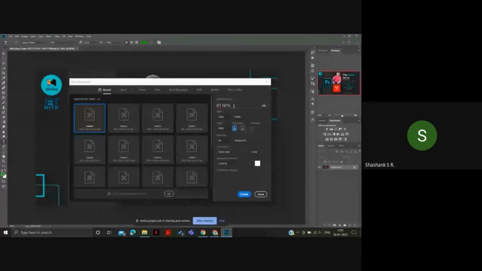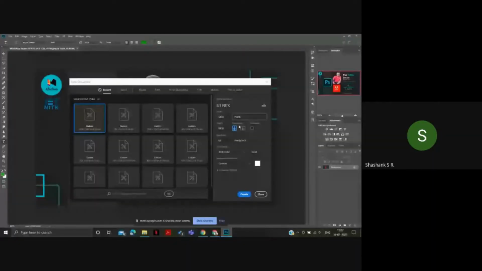Then below that you can see width, height, resolution, pixels, orientation, color mode, background contents, etc. I'll be choosing pixels. Do you know what exactly a pixel is? Pixel is the smallest controllable element of a picture on a screen.